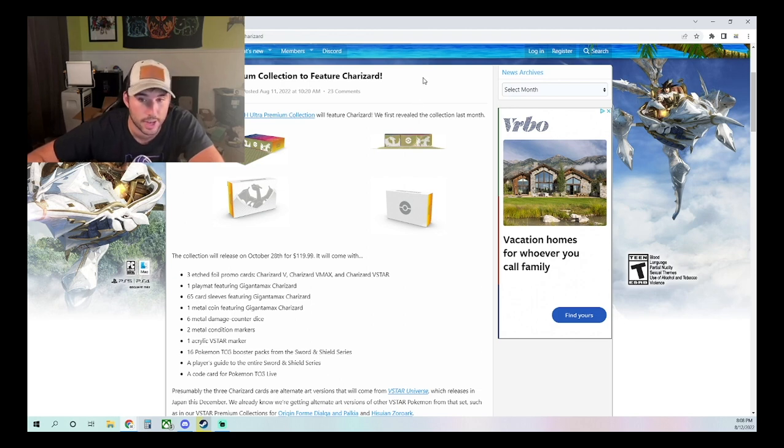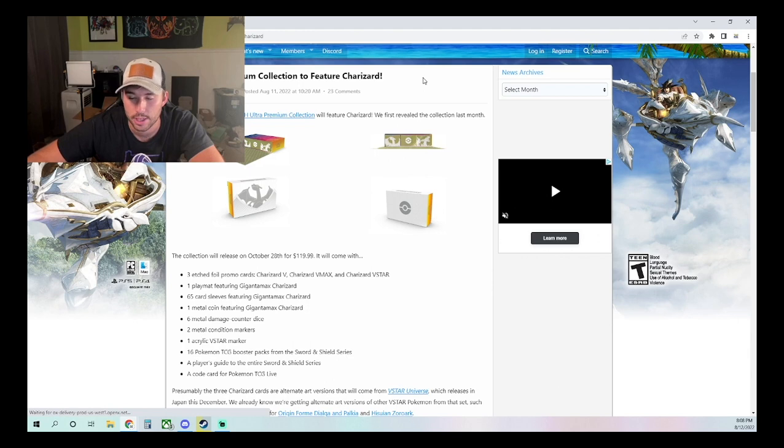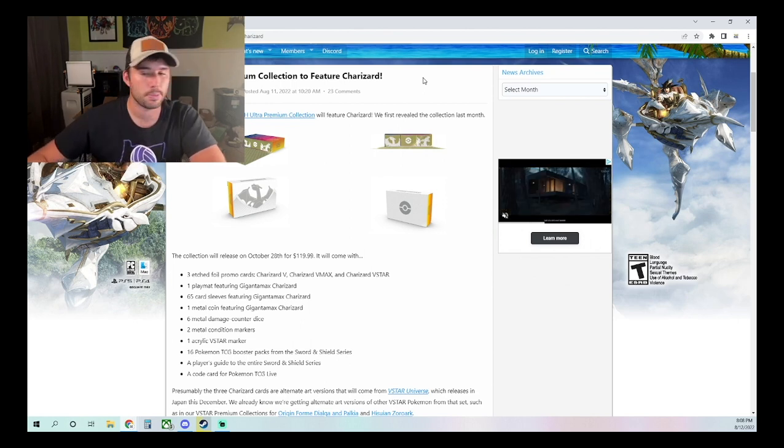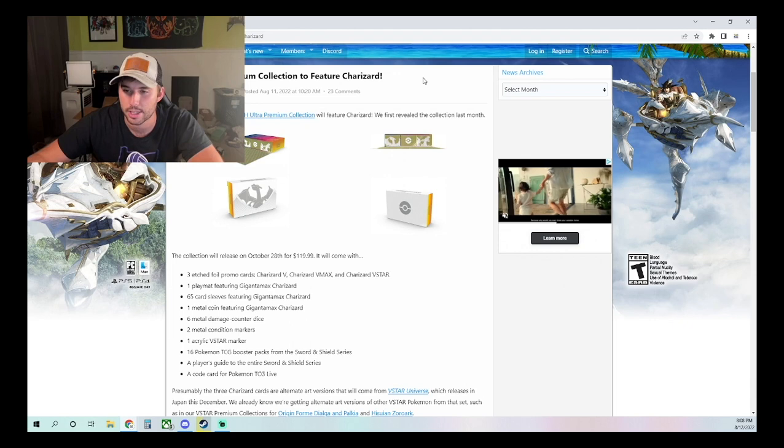I know some places have actually already put them up for $200 as their kind of listed price, which, I mean, this product isn't coming up for another 2 months. I haven't gotten any allocations on it yet, so who knows what the true market value is. But all I'm going to say is be patient on this one, because I truly believe that you're going to have the opportunity to find this